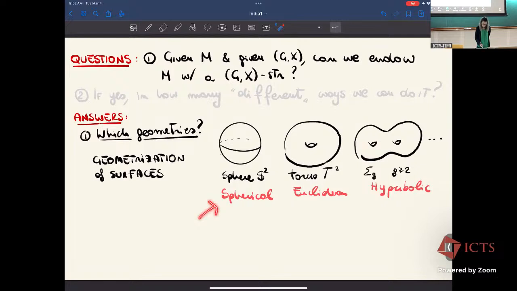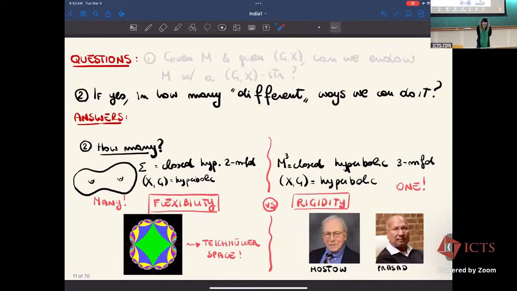These are all metric geometries, but in general, the geometry can be different. G is always the isometry group of these spaces. And this is what we were saying. So with respect to the second question, you have some flexibility phenomena and you have some rigidity phenomena. So today we will be in this part of the talk. We will really study moduli space of geometric structures, or moduli spaces that we will then see in terms of geometric structures. Any questions?